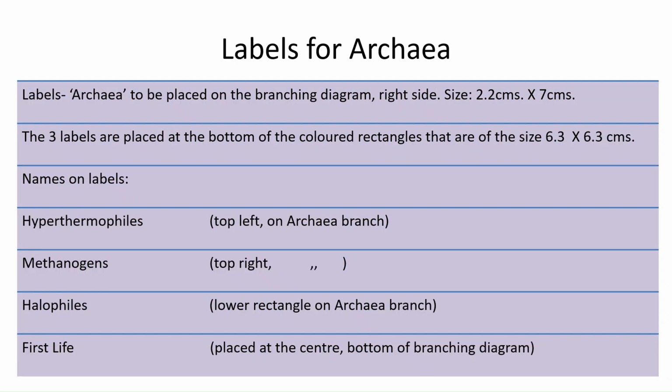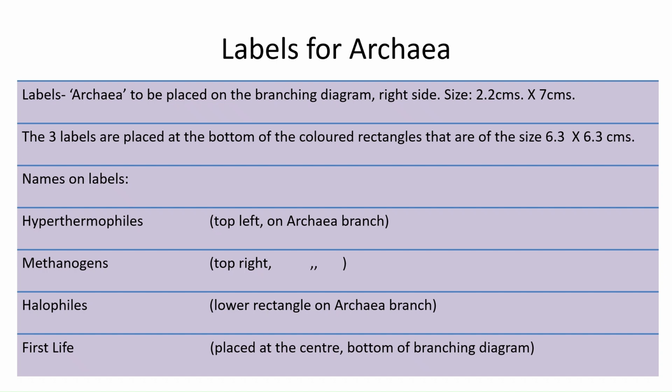Now the labels for archaea. Archaea is to be placed on the branching diagram on the right side, and the size is 2.2 centimeters by 7 centimeters. The three labels are placed at the bottom of the colored rectangles that are of the size 6.3 by 6.3 centimeters. Names on the labels are hyperthermophiles, which is kept on the top left on the archaea branch, methanogens,